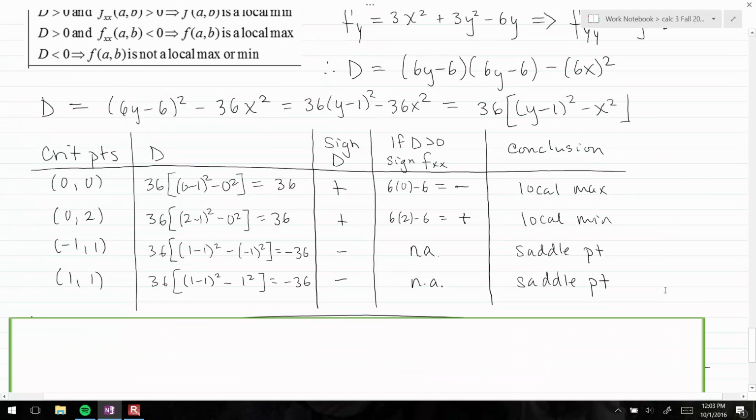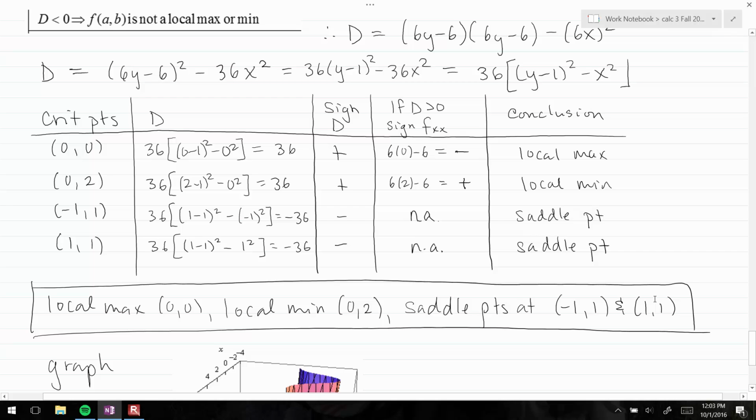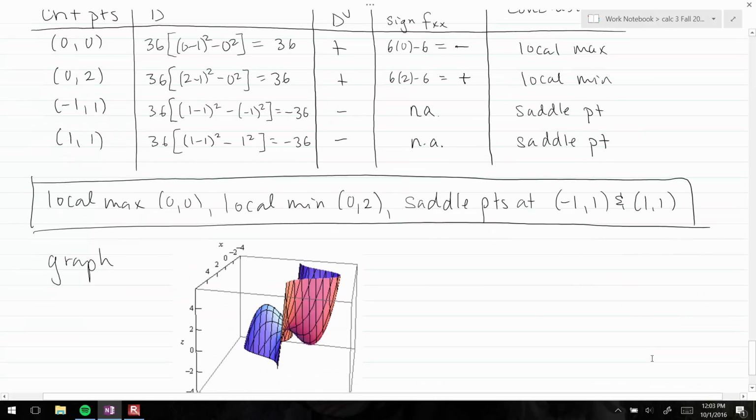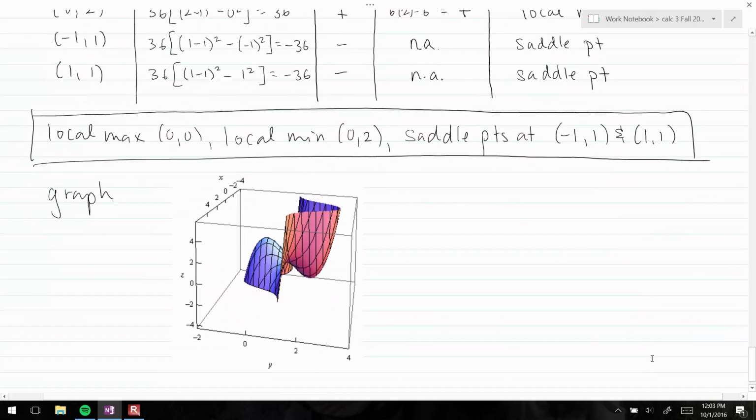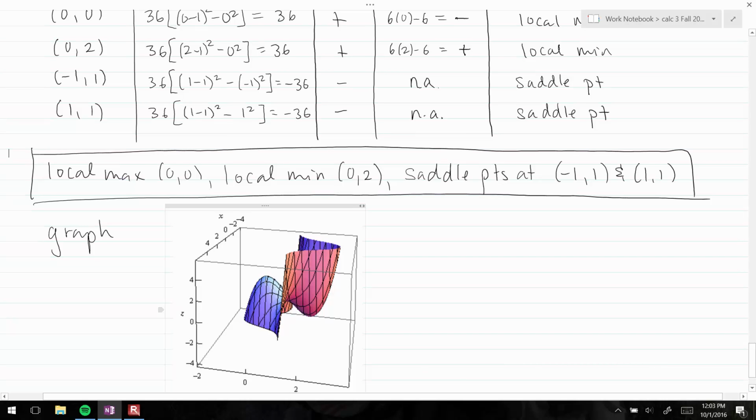So that's it. Again, I just restate here. And the graph here is a little hard to tell. You can see that there is a relative max here, relative min here, and then there's saddle points, one of which is hidden. But here's a situation where we have sort of an x cubed shape in a way,